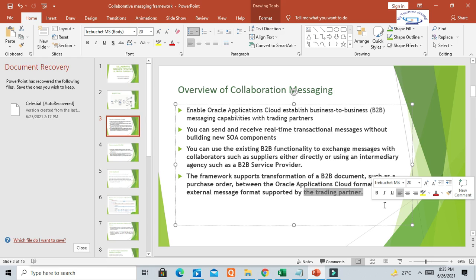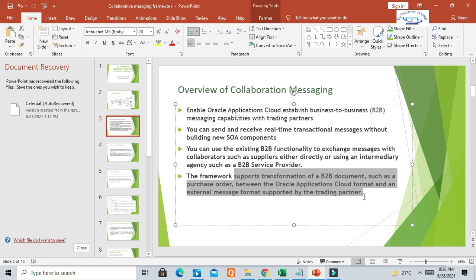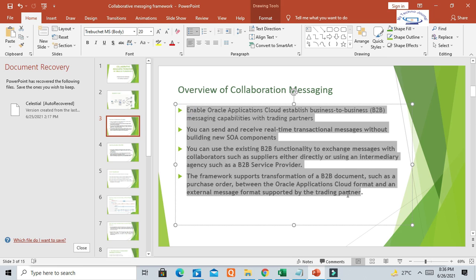This kind of messaging capability supports the formats accepted by the supplier or our business. So you can send the message using this B2B document messaging capability. We'll see each and every step and setup of how we can do it.